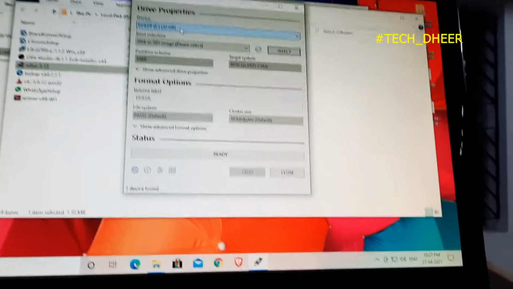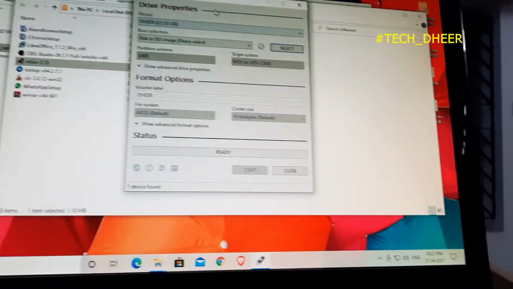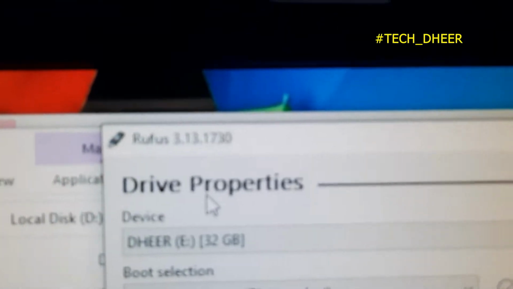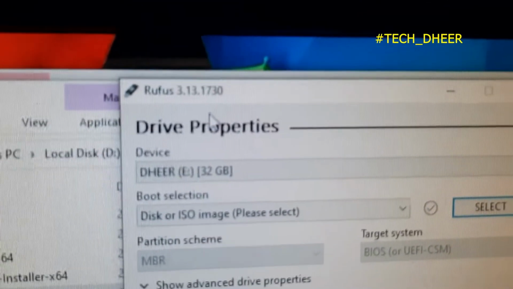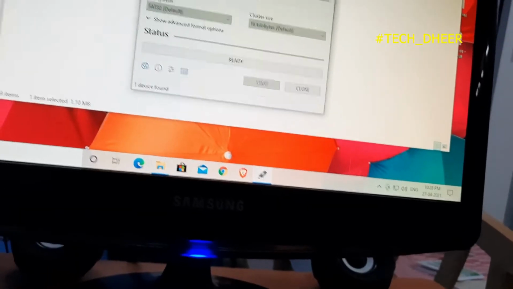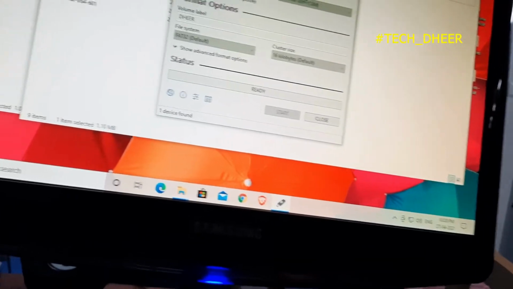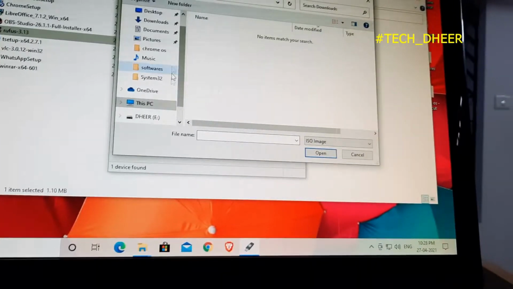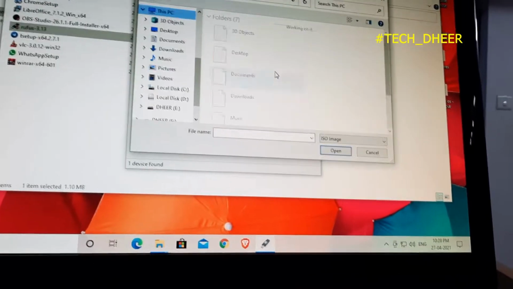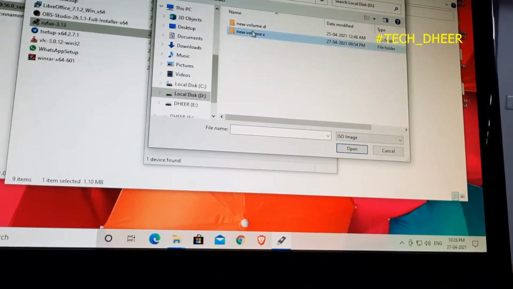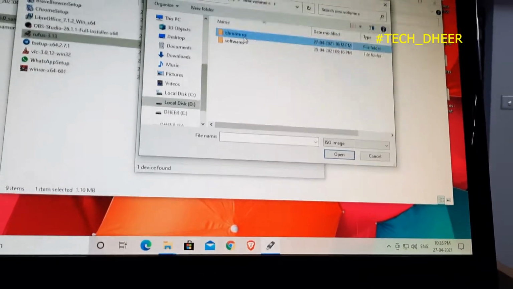Now after closing that, in this Rufus, this is the latest version, which was on the website, 3.13.1730. I'll select the disk image file, which is in my local disk D, new volume X, Chrome OS, Linux Mint.